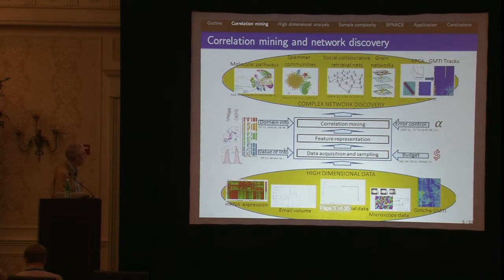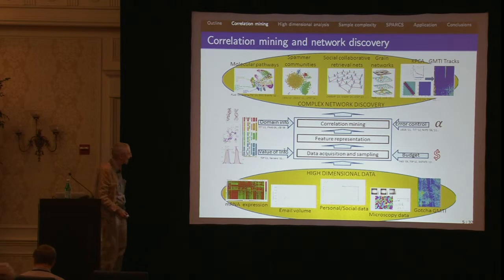All right, so correlation mining, in as far as it involves detecting large correlations among very high-dimensional data sets like mRNA gene expression. We have lots and lots of genes on this axis, and a few measurements, or in email networks of spammers, or personalized social data for recommender systems, social collaborative retrieval networks, and so forth, involve several types